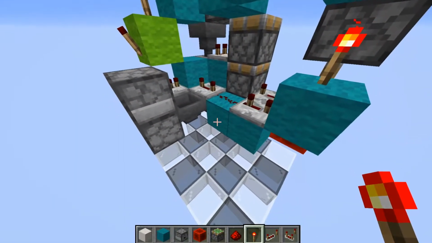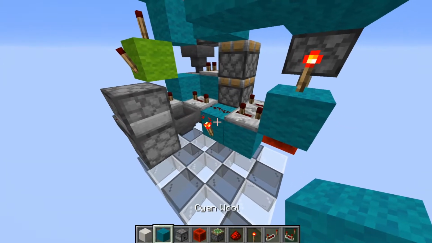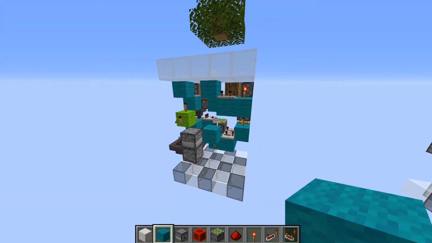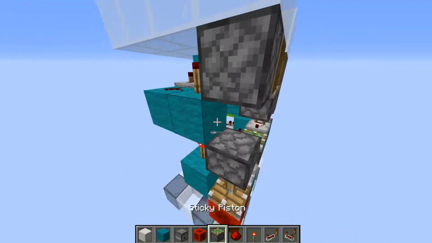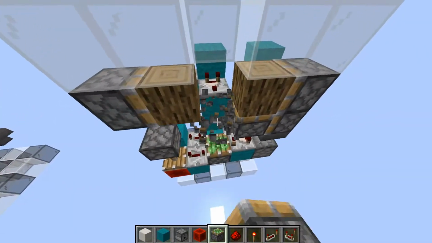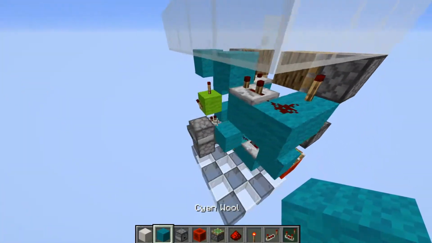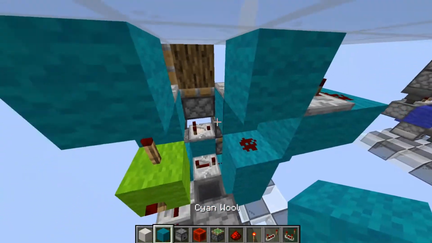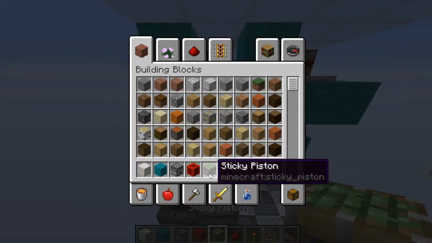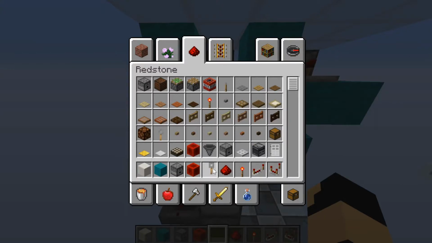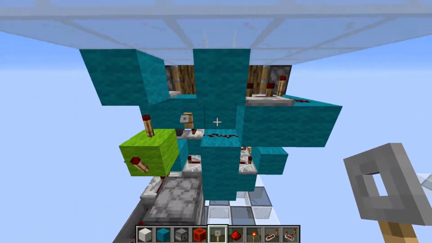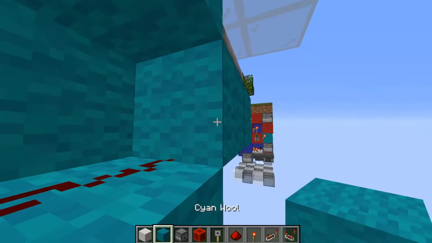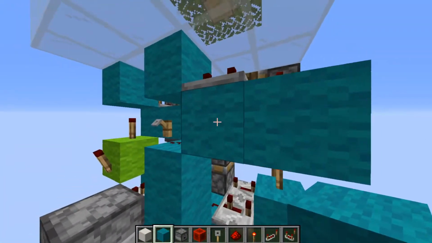So first off, for here we have burnout. So here place a torch and then place a block on top. That probably, yeah, okay, so just replace that there. And then here you want to go down, place dust on top. Then, let's see, get a tripwire hook to redirect that dust over so that it doesn't power. We don't want it to power this block, we want it to power this block,